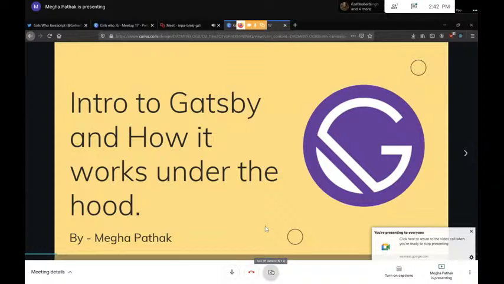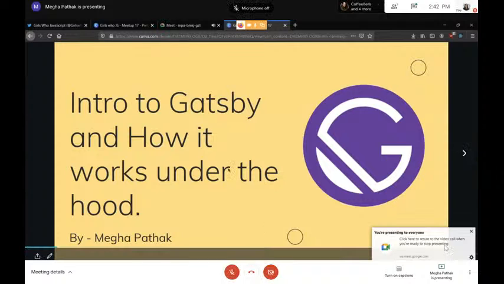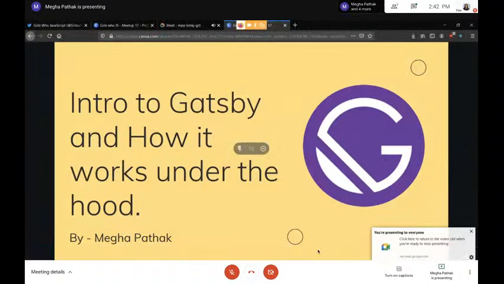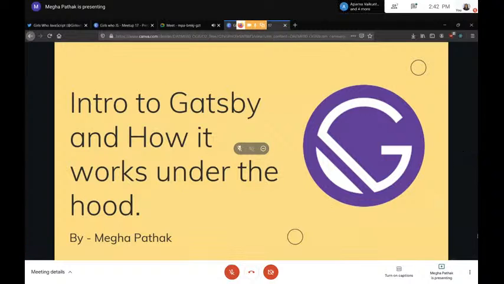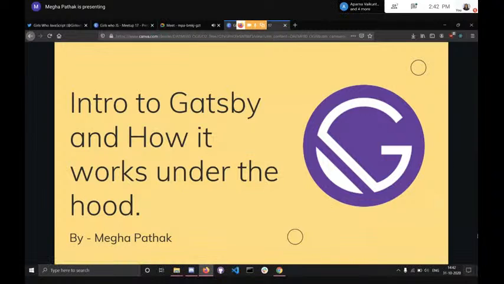Cool. So the last time I was speaking at this meetup, I did a really long talk about open source. So this time I've prepared a really short talk. Let's keep some mix. I have been exploring Gatsby recently, and I really loved working with it. So in this talk, we will be talking about an introduction of Gatsby, what it is about, how it is relevant to the modern web, and how it works under the hood.